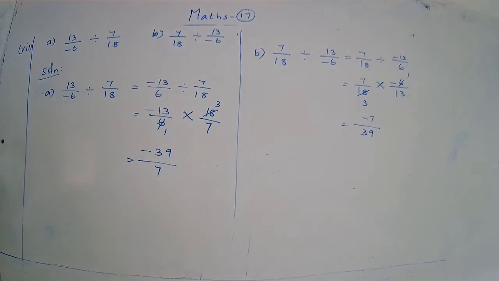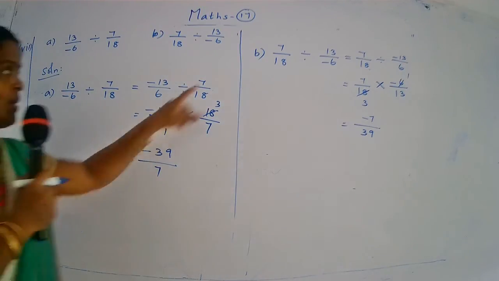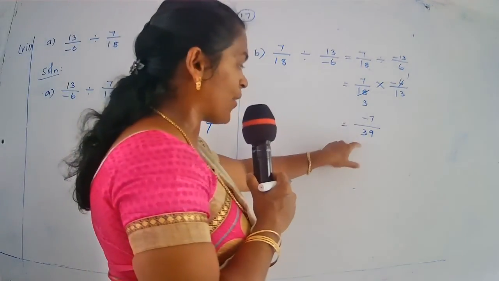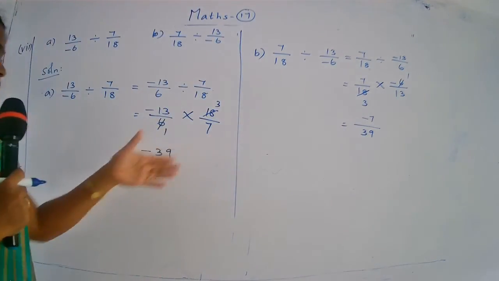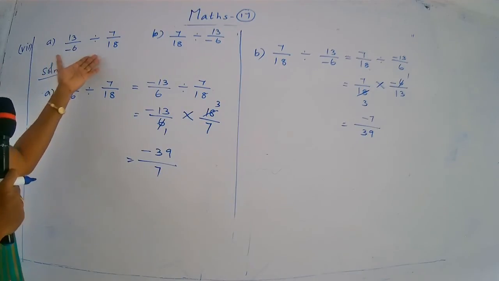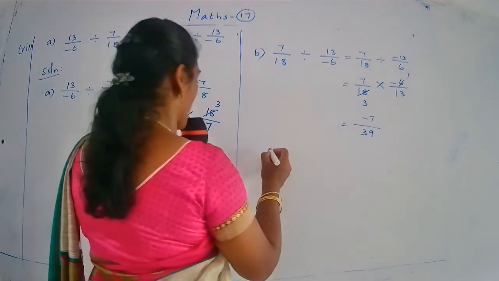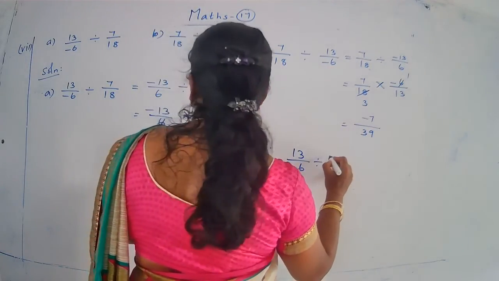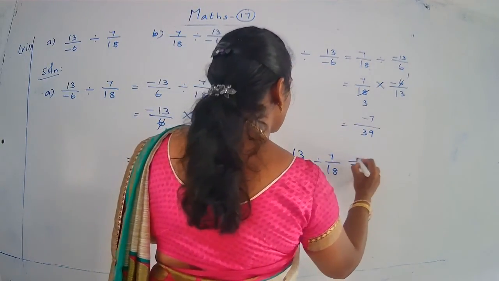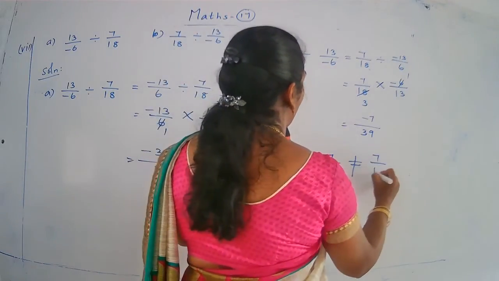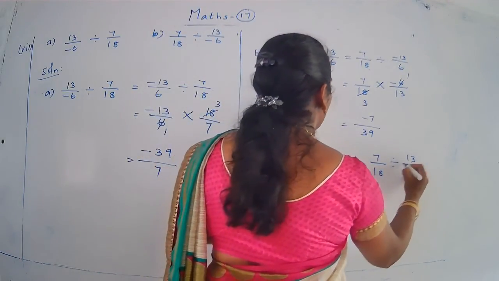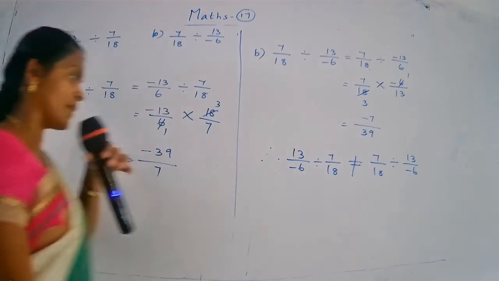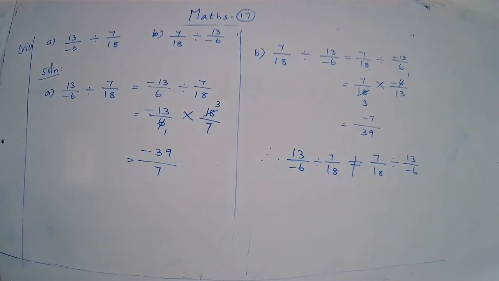A part is 2 upon 3 divided by minus 7 upon 9, okay? And B part is minus 7 upon 9 divided by 2 upon 3. Okay, children? Don't write, listen, okay? So, first of all, you find the value of A part, okay? So, 2 upon 3 divided by minus 7 upon 9. Okay, children? Now, you see the denominators are positive only, okay? So, it is in standard form only, okay, children? So, we will do the next step, okay?